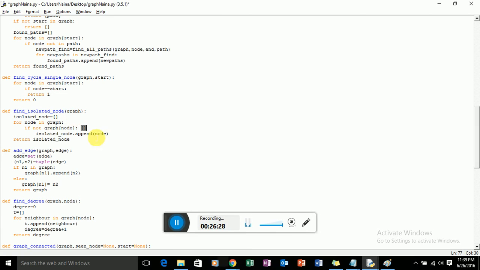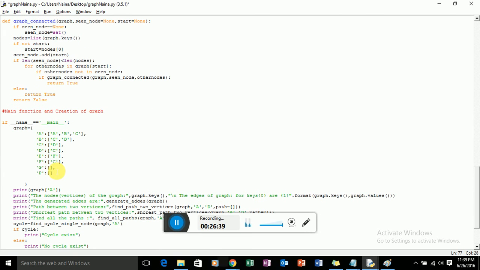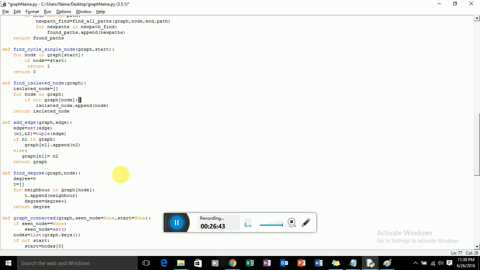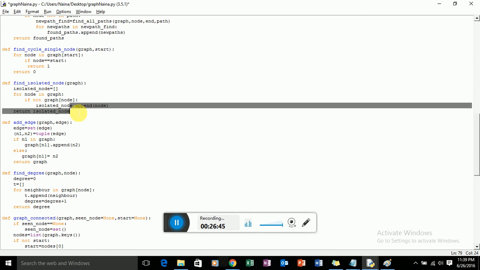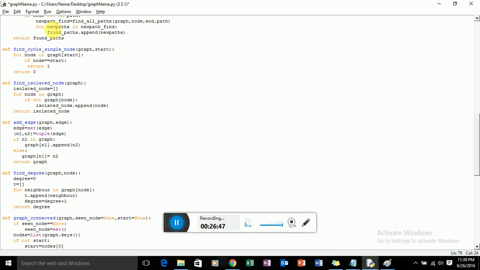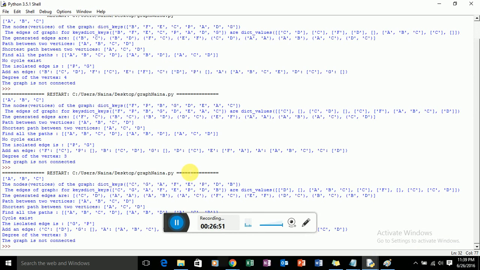Then isolated node dot append those nodes for which I have got an empty value. Those nodes will get appended to my isolated node list, and I am returning it here. So if I run this, the output is, you can see the isolated nodes G and P.